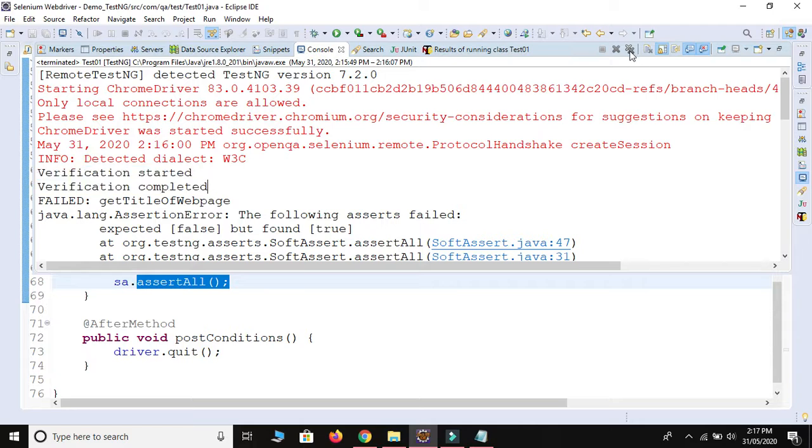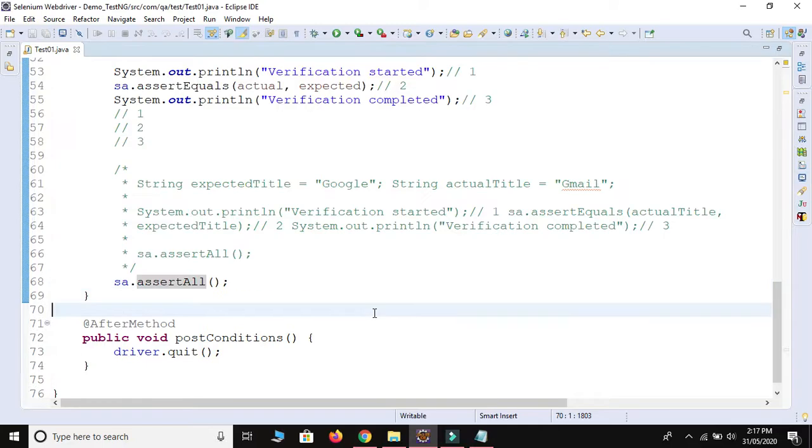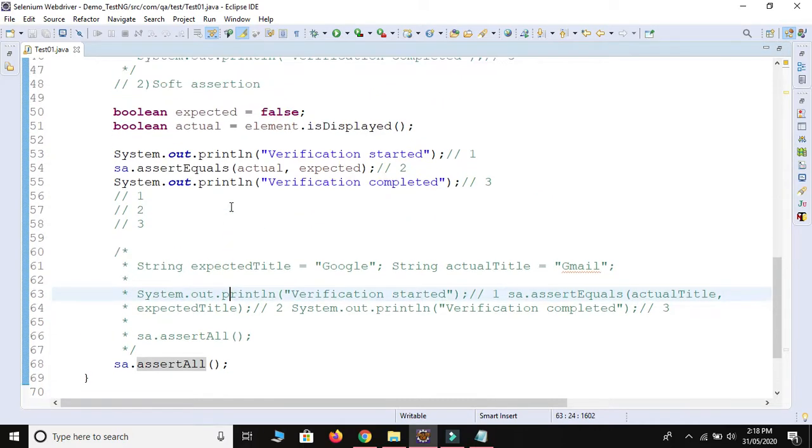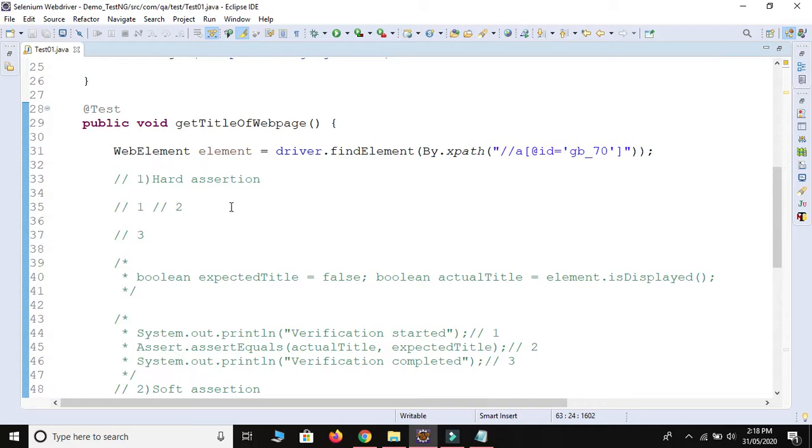So these are the types of assertion, hard assertion and soft assertion. The definition and the concept we already covered. This video is mainly about assertion in TestNG, and I want to repeat something. Assertion is used for verification purposes.